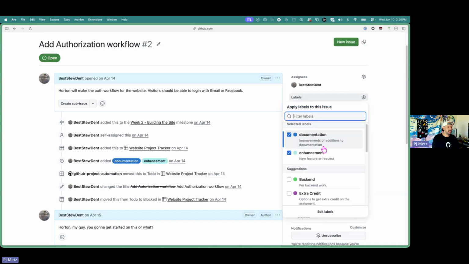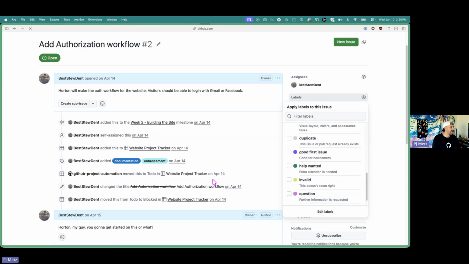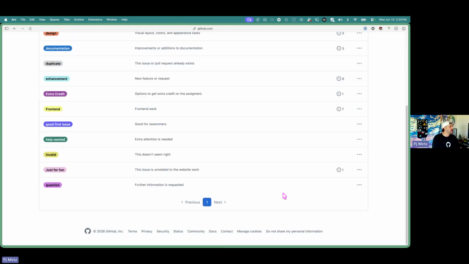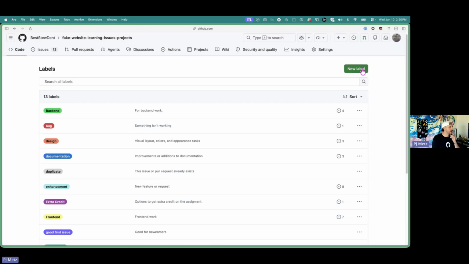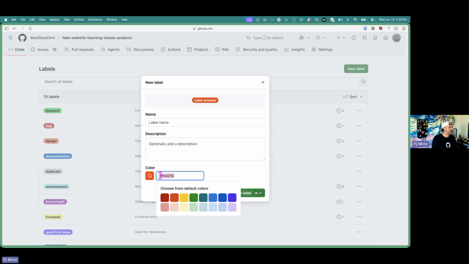Labels, like I said, there's tons of different labels. You can make your own labels and you can always edit them as well. For instance, I don't need a won't fix because I'm not going to be using that. So I'm just going to delete that label. We don't need that label. But for each label, when you go to make a new one, you can pick the label name, so what shows up, add a description, and you can pick the color, either the hex code you want yourself, or you can have it just randomly go.